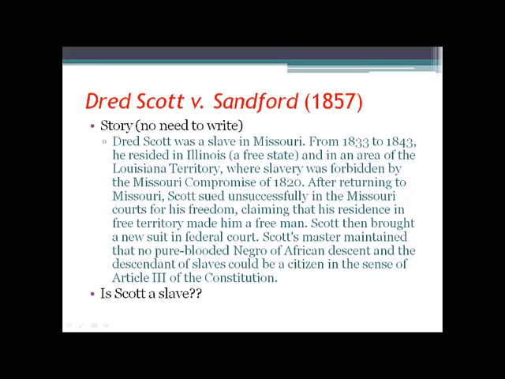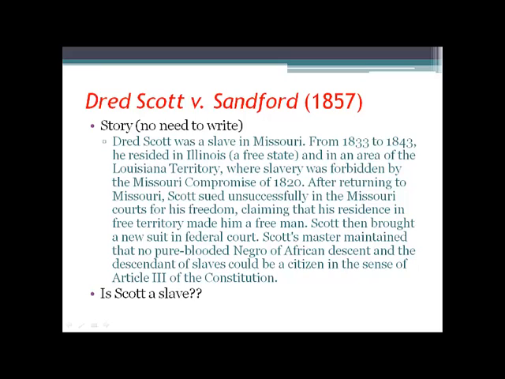And slavery is forbidden by the Compromise of 1820 in the Louisiana Territory. After coming back to Missouri, Scott sues unsuccessfully for his freedom. He says that if he lived in the free territory, that made him a free man. Then he brings a new lawsuit in federal court, and Scott's master, I believe he dies, and his wife is